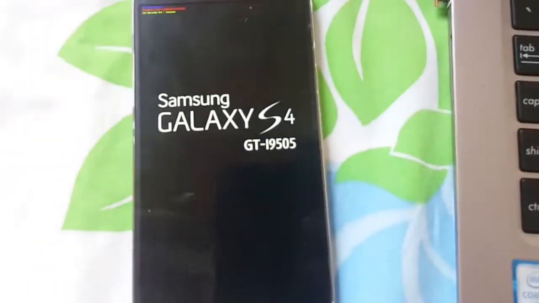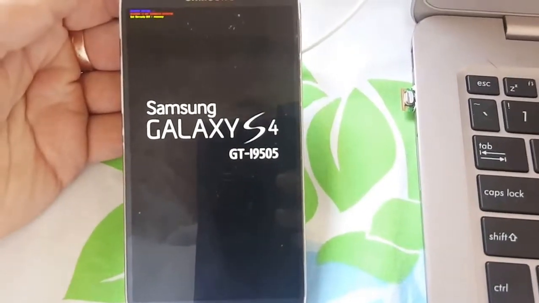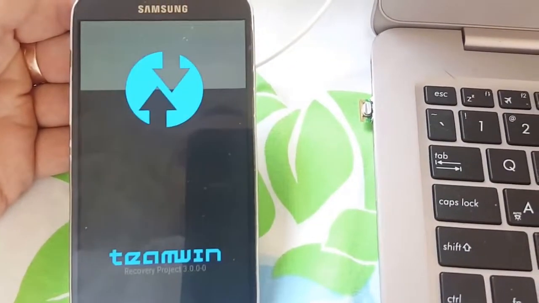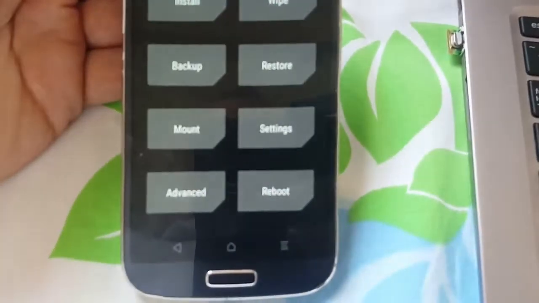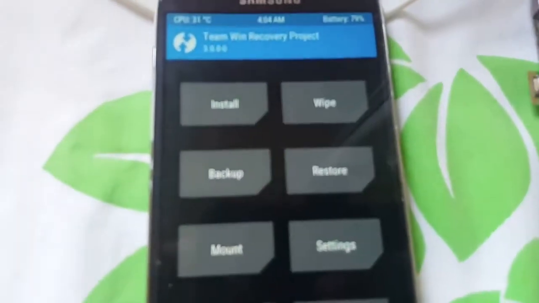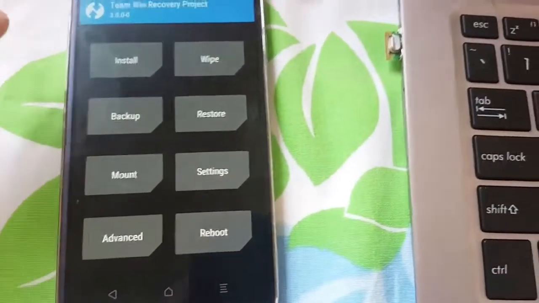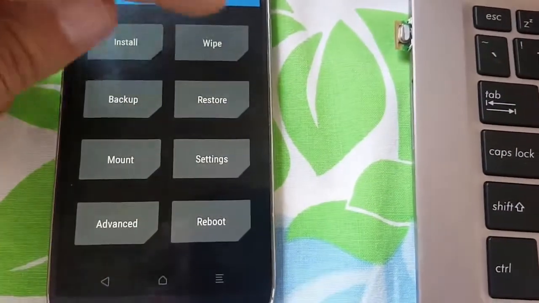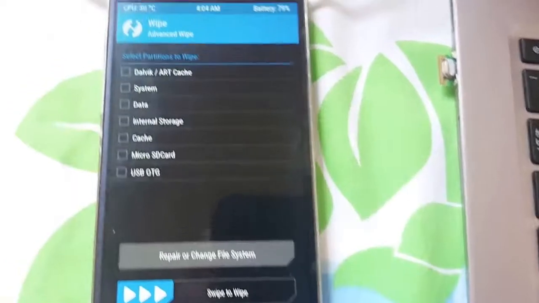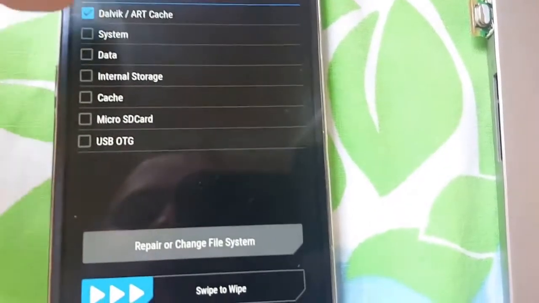And then you will see a good recovery, which is really useful. It's the latest one, which is called Team Win Recovery Project, and I think it's one of the latest versions, 3.0.0. So what we have to do is make a test. In this case, if we wipe something and make a mistake, like you wipe this